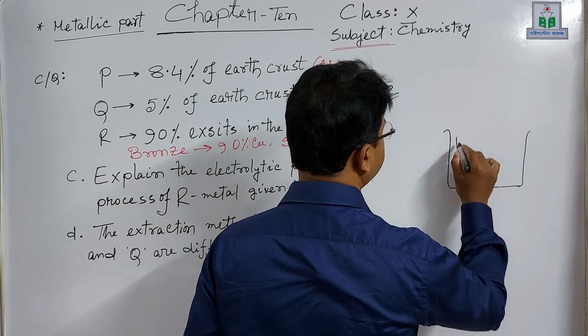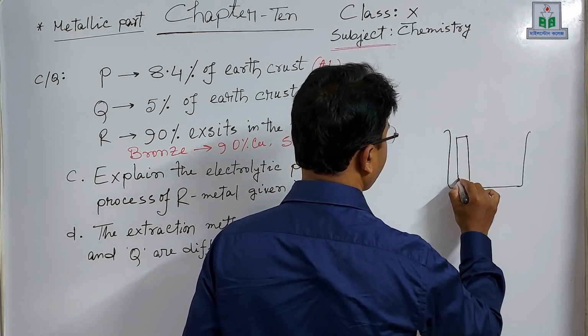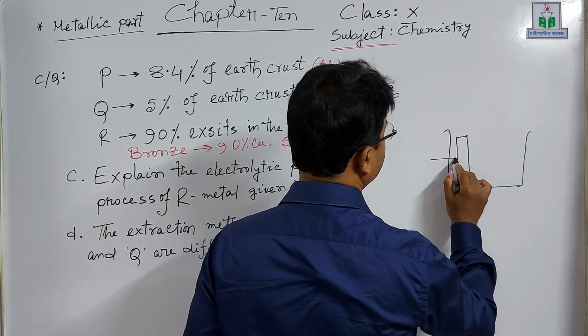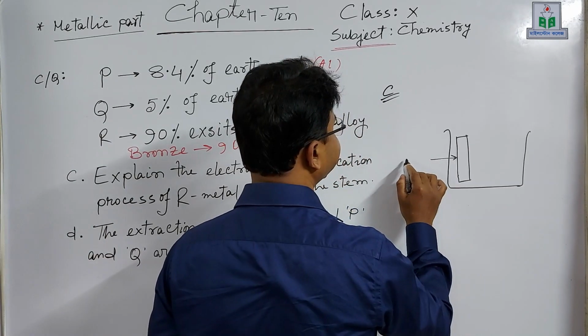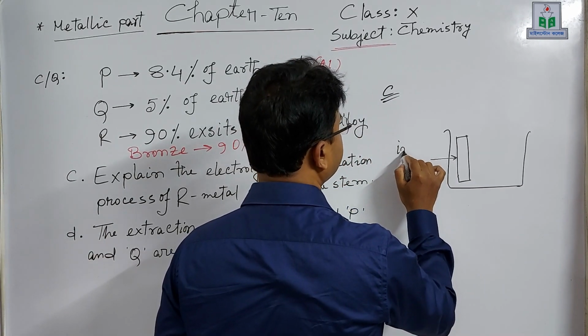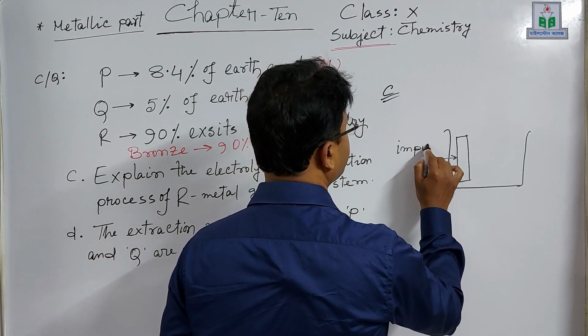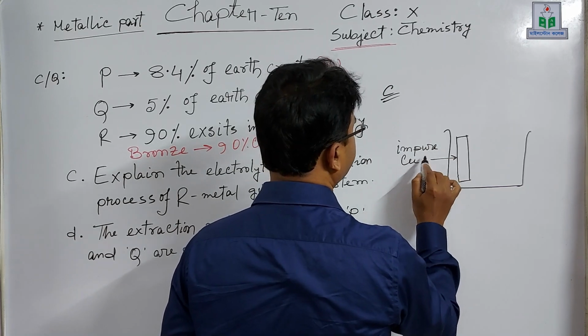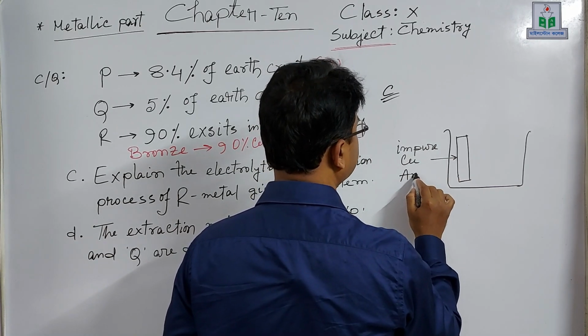For this purpose, the impure copper is made anode